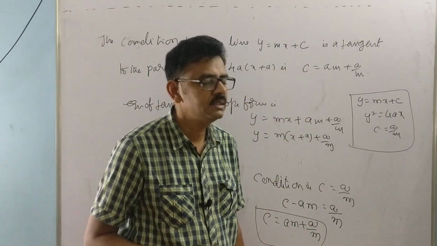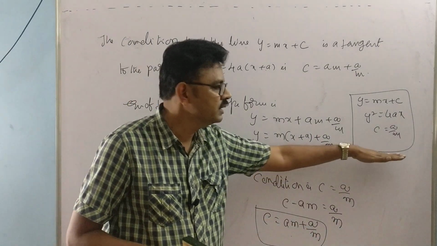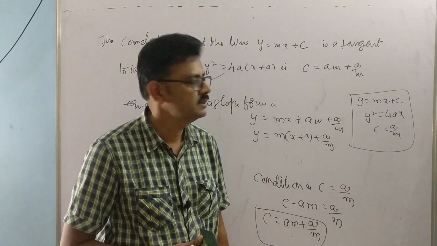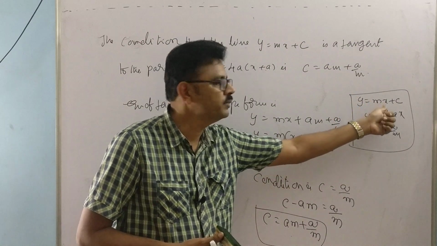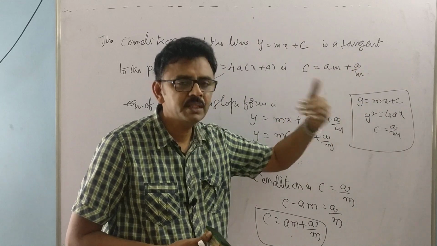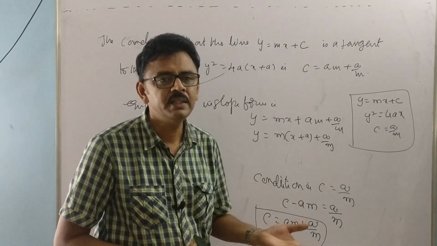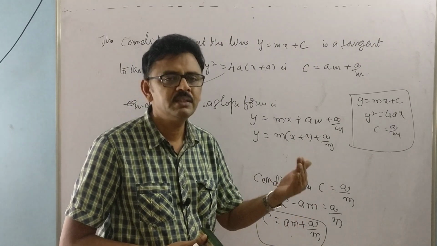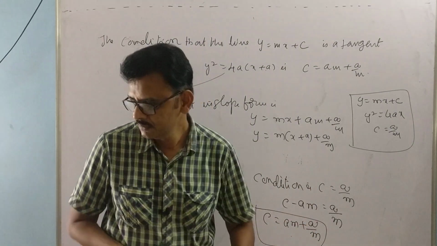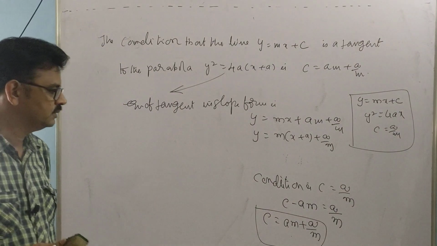So once or twice you can write each and every point. So what is going on in the class? You can write it and thoroughly prepare once or twice. Then you are able to understand each and every point. I gave the concept based on problems. So you can have concept and application. Application means how to apply this formula. You know the condition c equal to a by m. Then how to apply it in problems. You know the condition for tangent, and how to apply it. So the application part is also important.